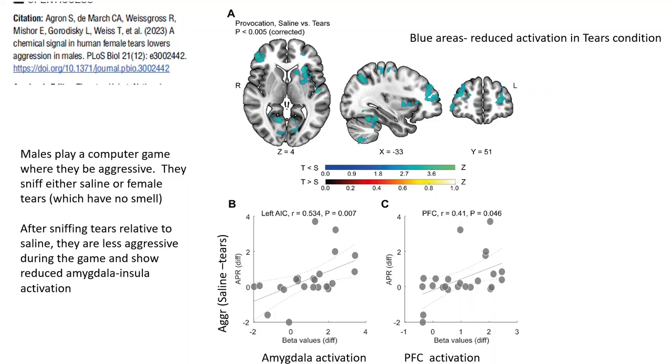Now that's rather interesting. How often do men get close enough to women that they could, quote, smell their tears? Well, obviously this would be a factor in intimate relationships. And this suggests a mechanism by which aggression is reduced in people who are in intimate relationships, at least those that involve a degree of kissing and other forms of